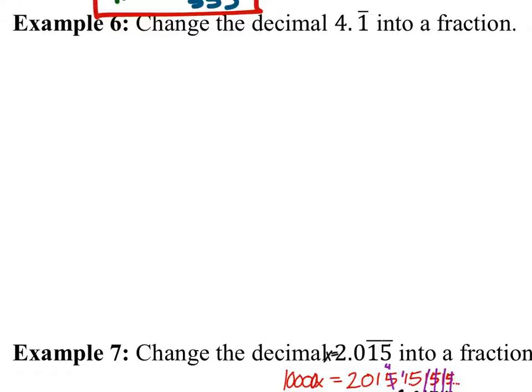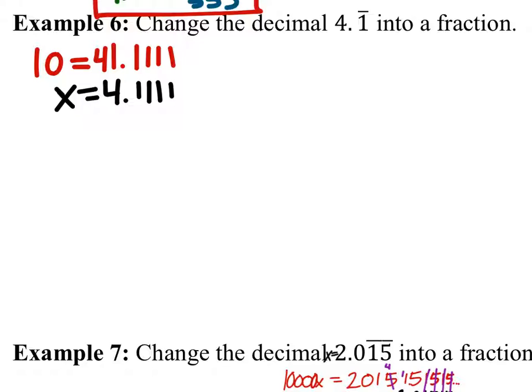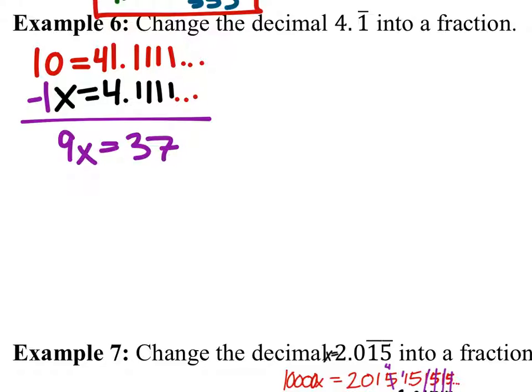So on this one, let's look at the old-fashioned way. So we say x is 4.1 repeating. And we're going to multiply that by 10 so that we can move the decimal. So then it'd be 41.1 repeating. And yeah, these repeat, so there we go. Let's go ahead and subtract these out. So I got 9 x's equals, this looks like 37. And then we'll divide both sides by 9, and we get x equals